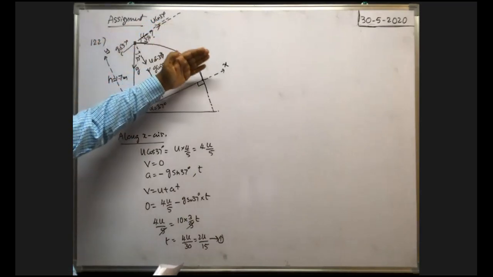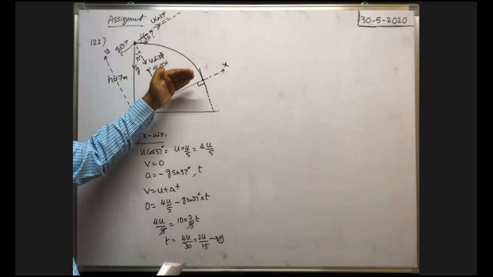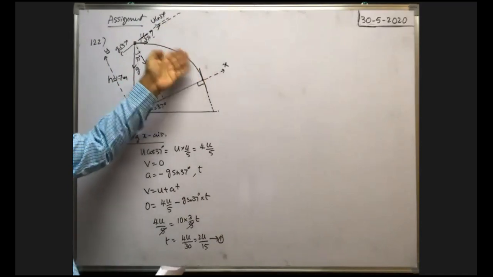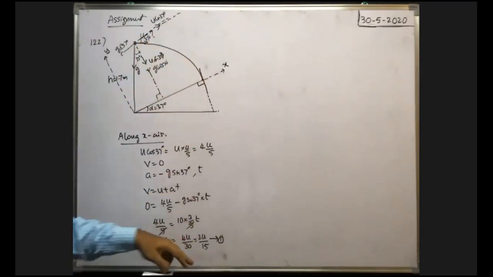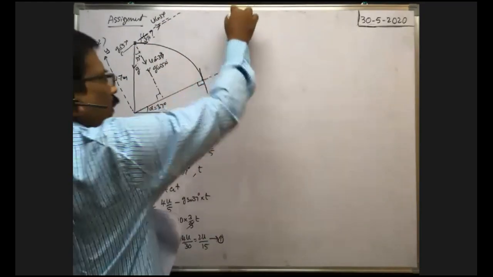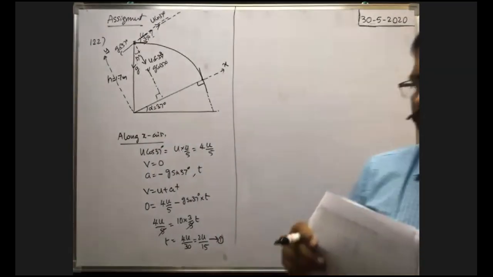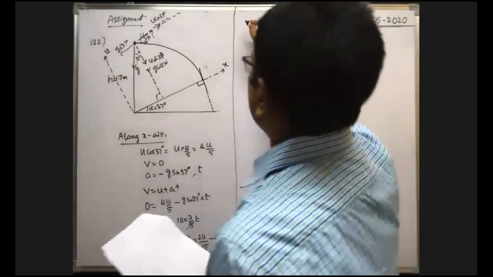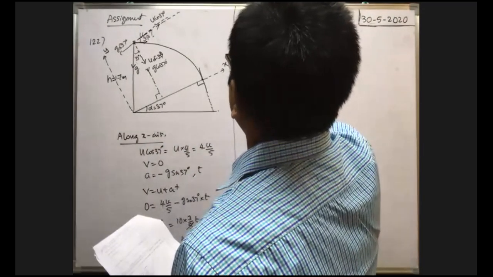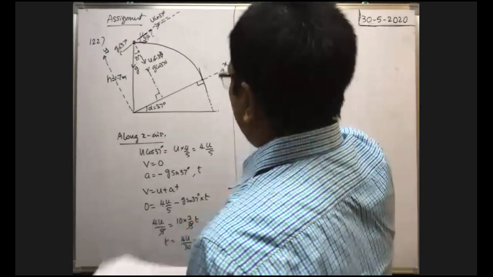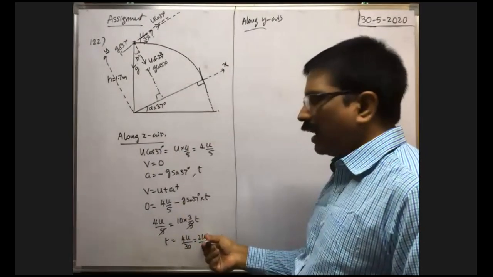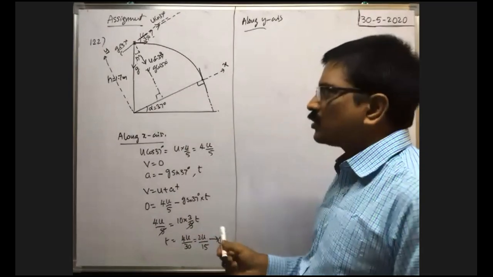Then it reaches the inclined plane, so that the velocity along the x-axis becomes 0, or it strikes the inclined plane normally after this much time. Okay, now along the y-axis, in the same time, whenever it reaches the inclined plane along the y-axis, if time is given directly, we can find the value of u here only, but time is not given.